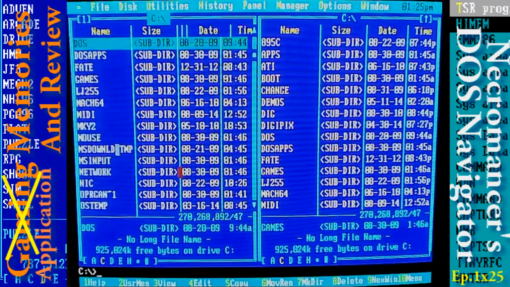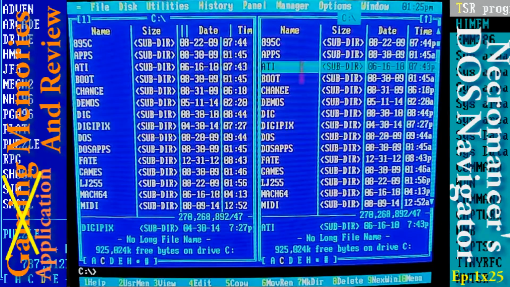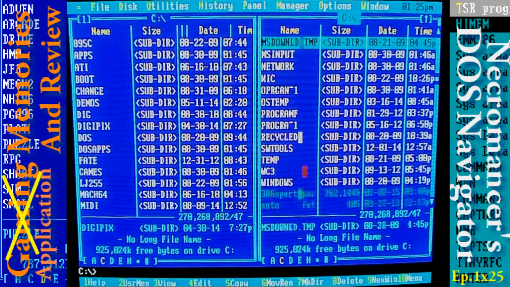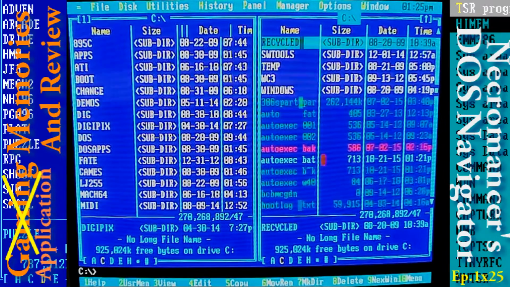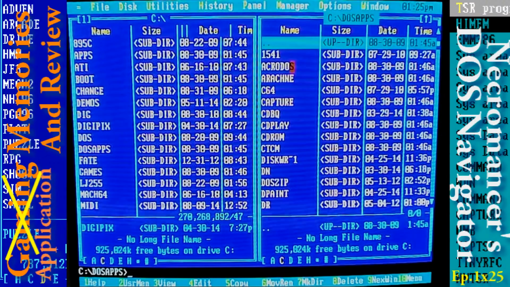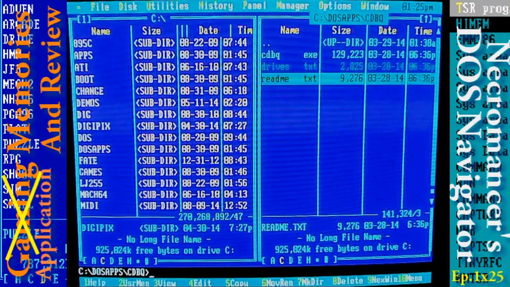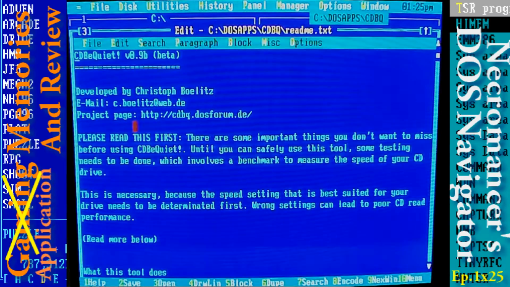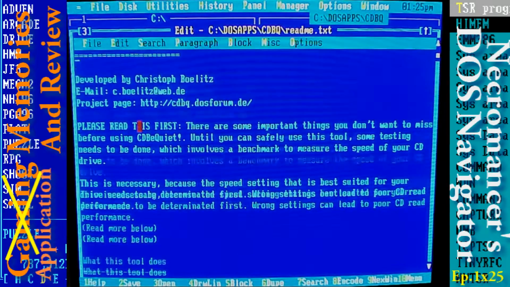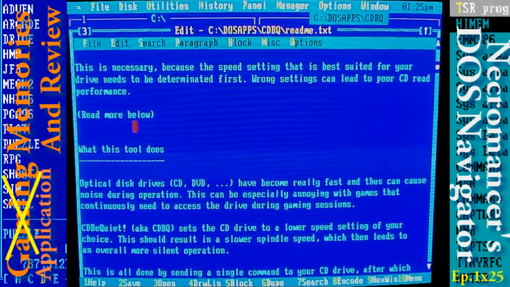Basically, we can go through here, and normally I still like to use the DOS prompt if I'm starting a program or something. But the great thing about this is when you're dicking around with things. So let's go to our DOS apps, and we have a lot of different things in here. Let's see if any of them has readme.txt. We can edit that, and yes, now we can scroll with our scroll wheel and read